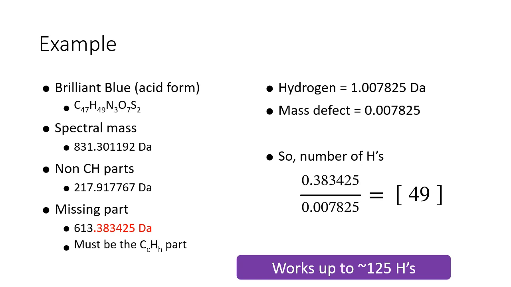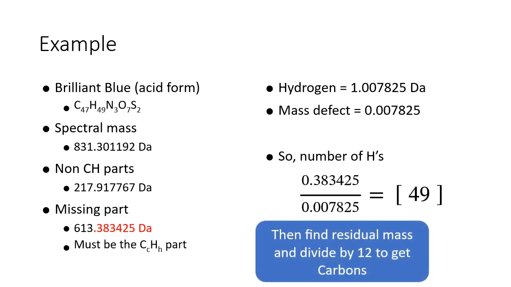And this trick will work for most small molecules that contain up to around 125 hydrogens. Then, having calculated the number of hydrogens you need to add on to the heteroatom mass you calculated earlier, you can find the carbon-only residual mass and divide that by 12 to get the number of carbons. Why don't you pause the video here, try that in Excel or on a calculator, and see if you get